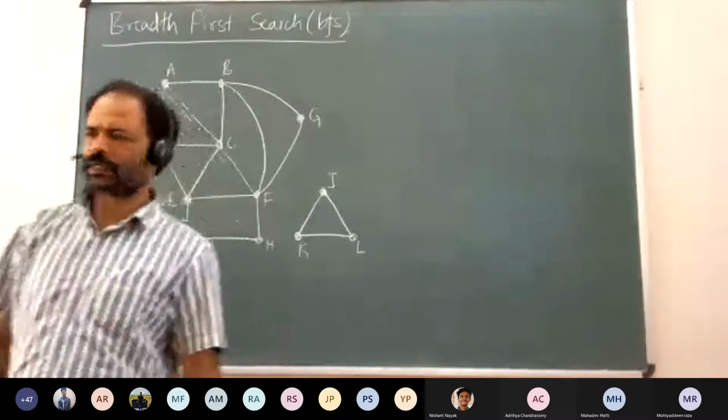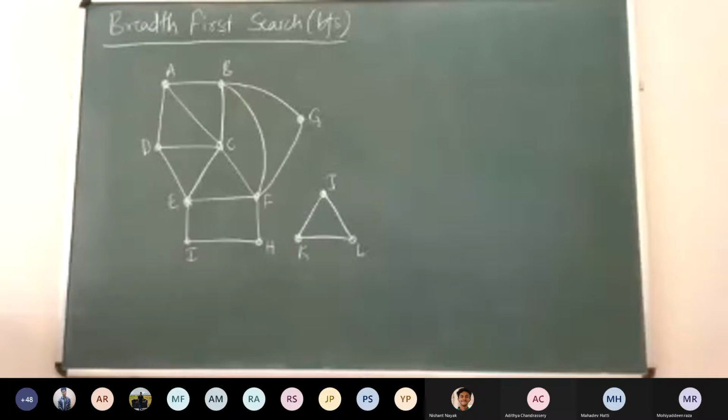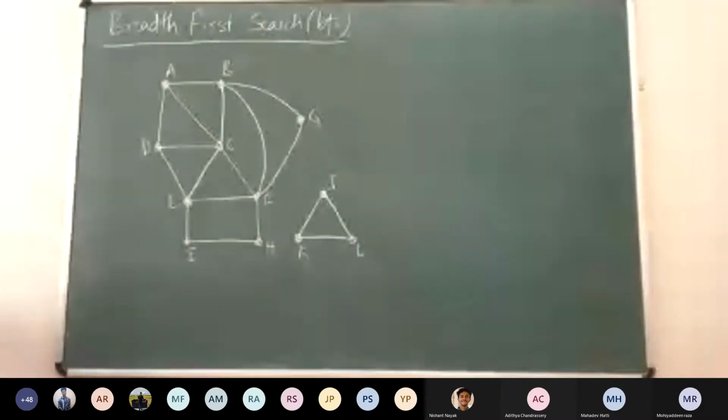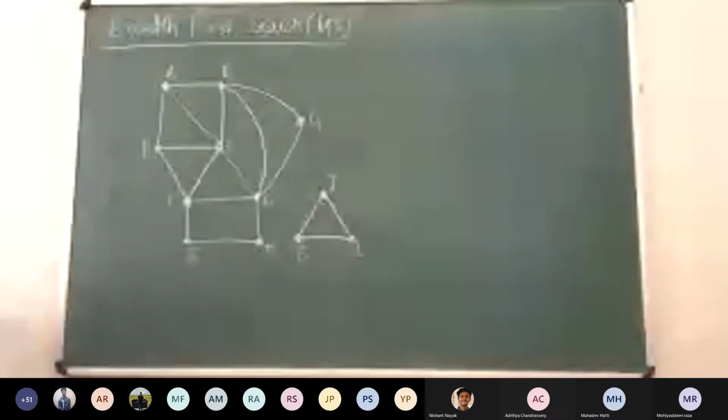So till now we were talking about depth first search, one of the graph traversals. Now in today's class, let us talk about another graph traversal, which you have already seen in your data structures course, called breadth first search. So what do we mean by breadth first search? As the name suggests, you search the breadth of the neighborhood before you venture further.